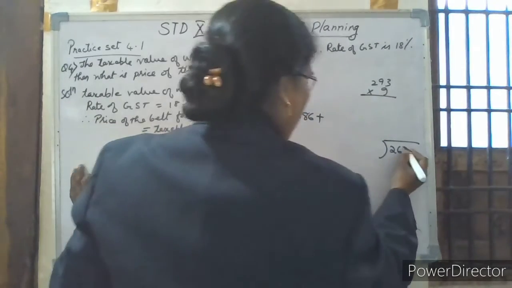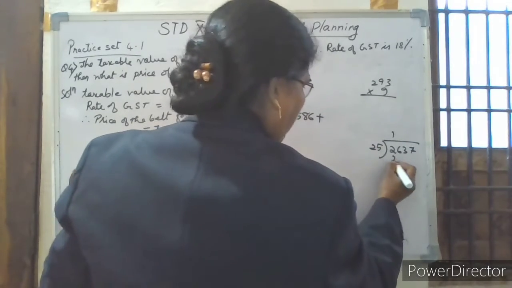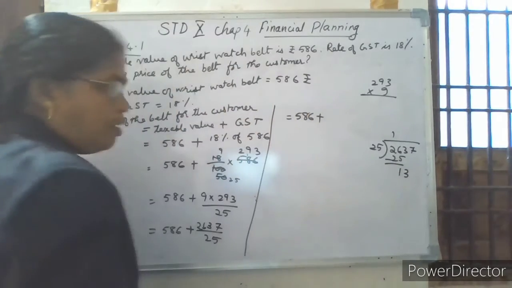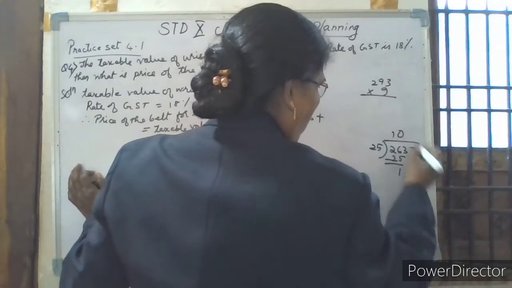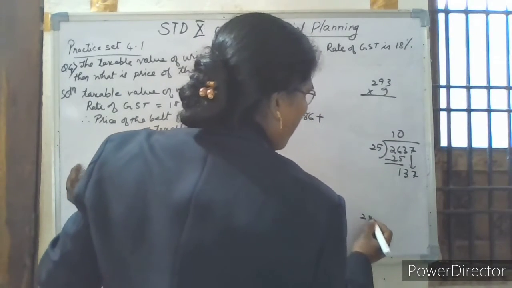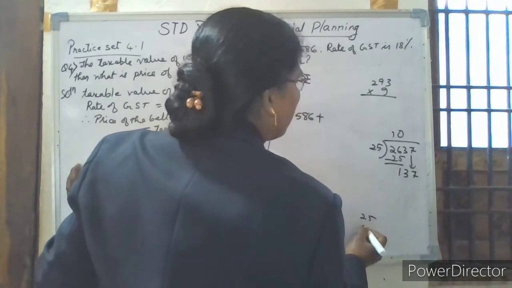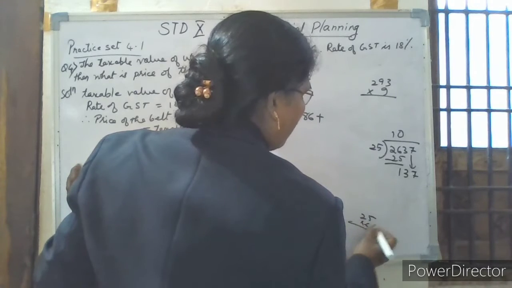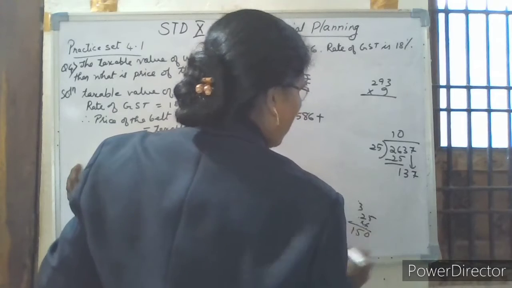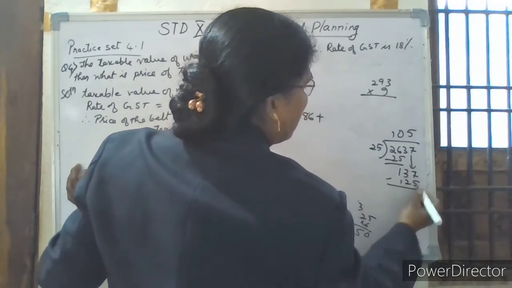2637 divided by 25. 25 one side is 25, minus 1, is the remainder, bring down 3. It is not divisible. So put a 0 here and bring down this 7. So 137. So therefore 25 5s are 135, 25 6s are 30, carry 3, 6 2s are 12, 30, 40, 15. It will be more. So we have to take 5, that is 125. Minus it, you will remain with the 12.